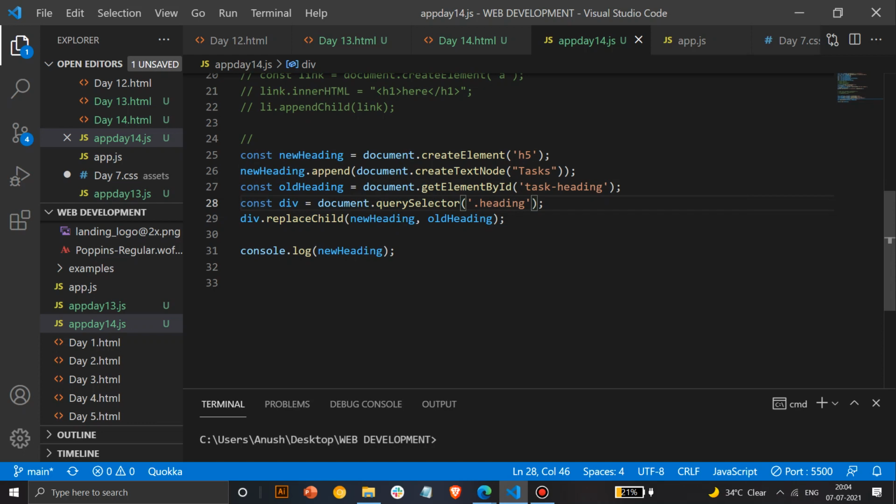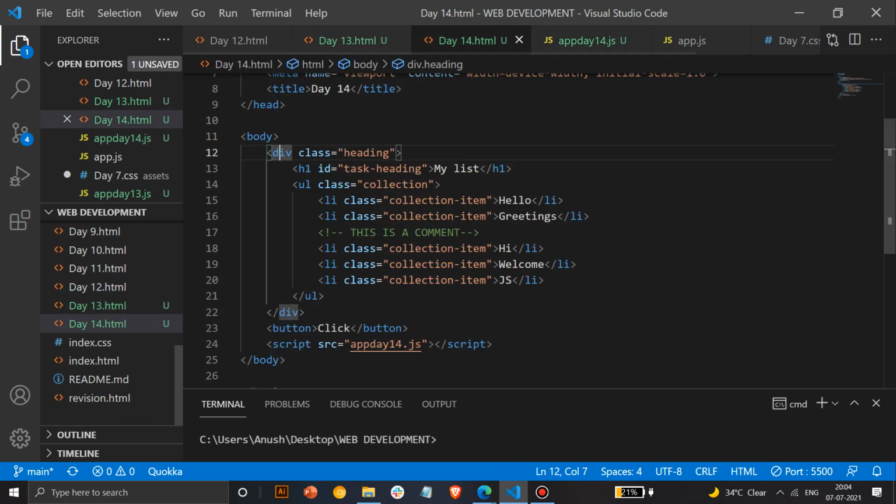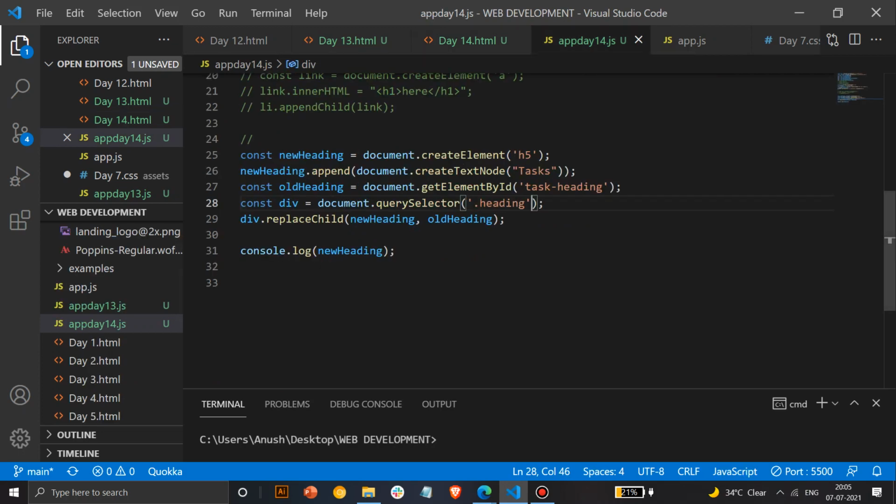So here what I have done is I have called this div, the parent div, so that I can access this child. To access the parent, if I remove this div, I only have body to access. So always remember, don't go till body, always try accessing before it. So I'll call this div, and inside this div I told it to replace the child. You can use the replace function also.